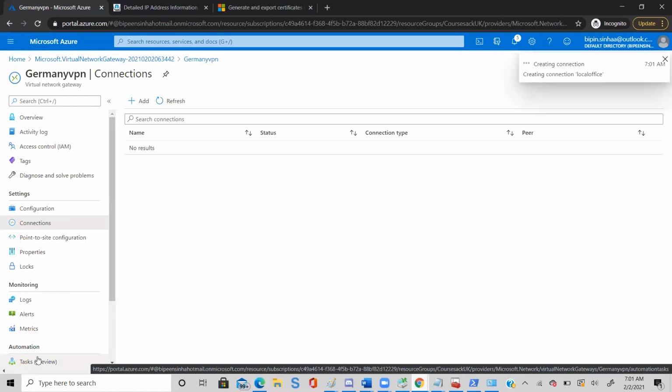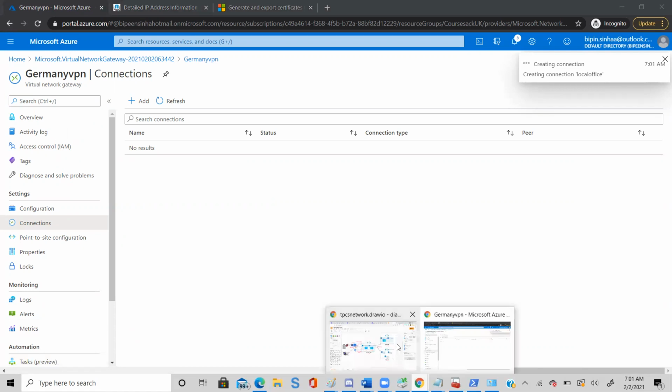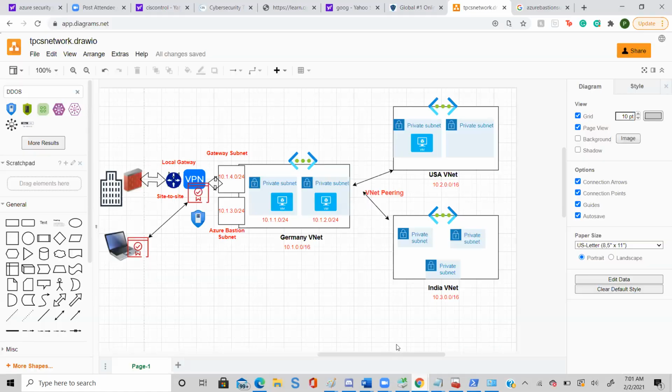So what exactly did we do here? If you go to the diagram, we have a two-way connection of the VPN. Using a VPN, we are going to connect to the local gateway, and the local gateway is connecting to your office firewall. This is exactly what we tried to do, but it will not work because we do not have a firewall.